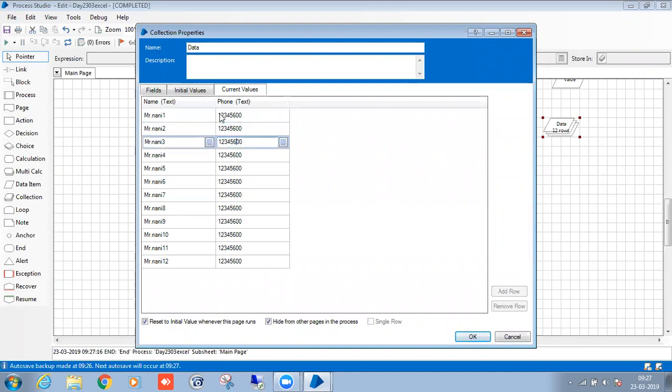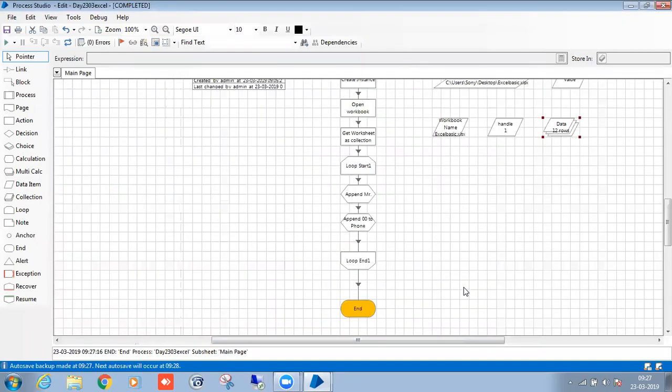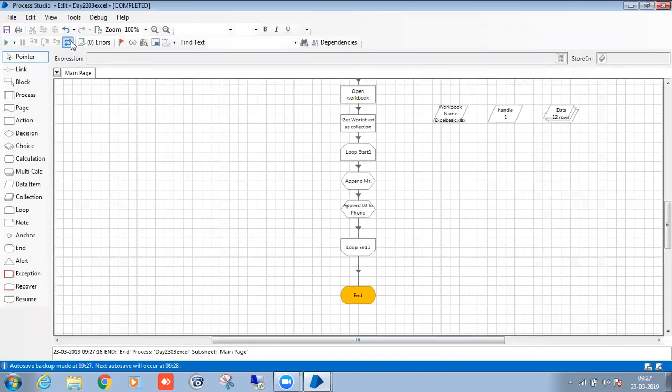Suppose you want to remove 1, 2 from every field. What do you have to do? Whatever text functions you have learned, those actions you have to perform. Total length minus this particular length, that one we have to take, and we can remove the characters from it. Like that we can perform n number of operations. Any questions?